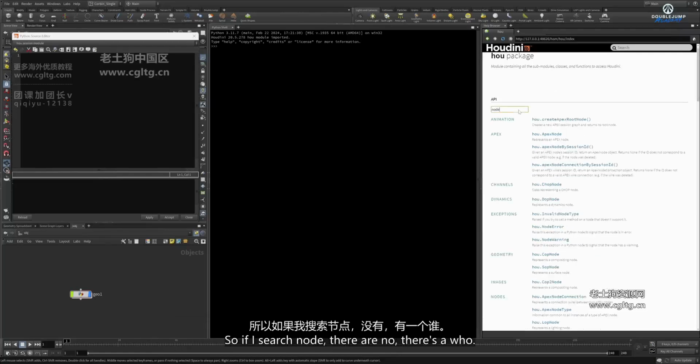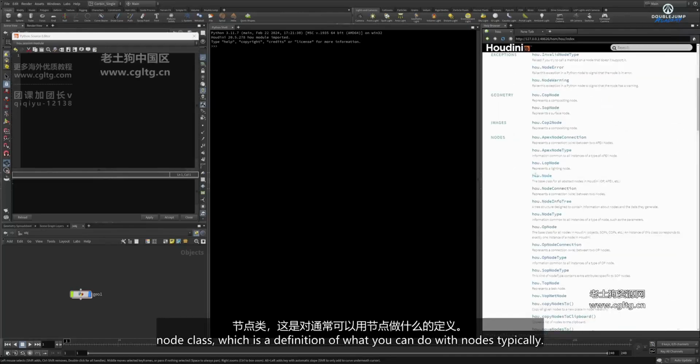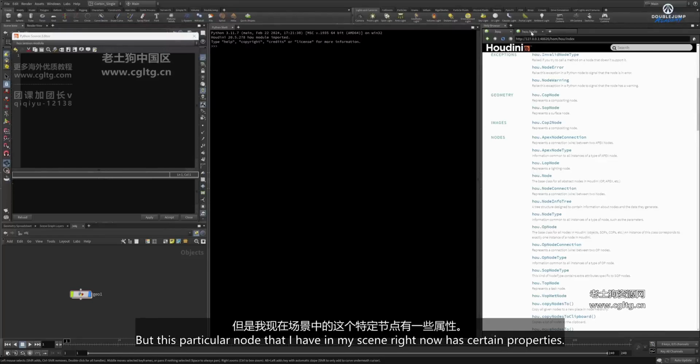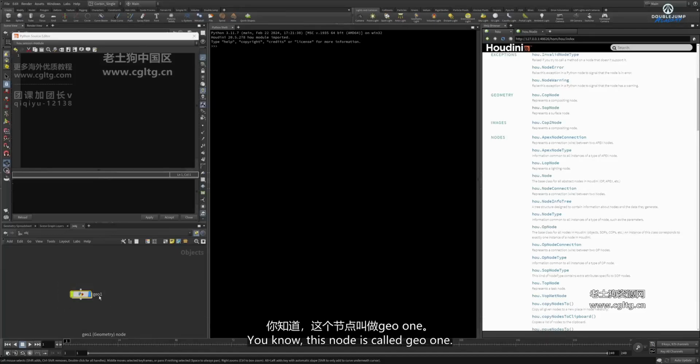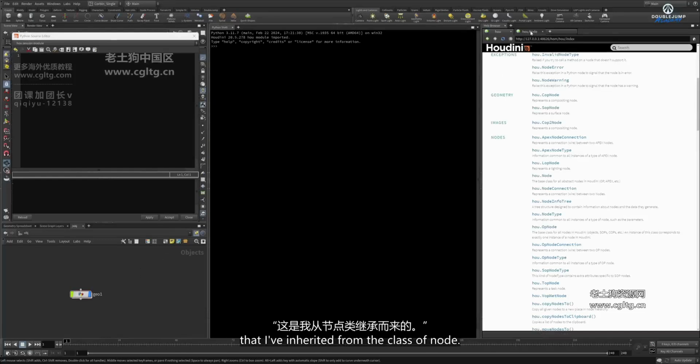So if I search node, there's a hou.Node class, which is a definition of what you can do with nodes typically. But this particular node that I have in my scene right now has certain properties. This node is called geo1. No other node is called geo1,